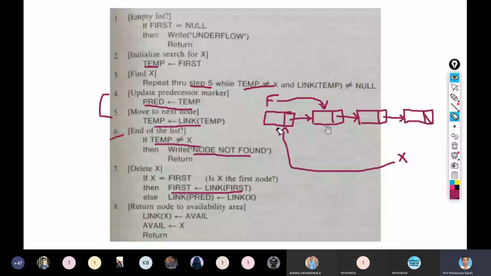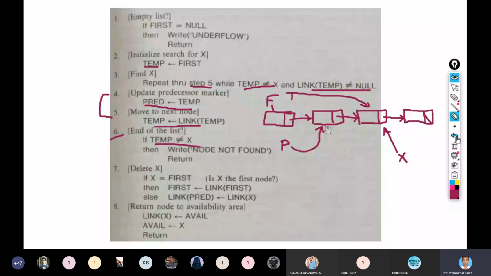Otherwise, let me go to my previous state, which was the case for the second option. Okay, so this is the state where I have to delete this node.